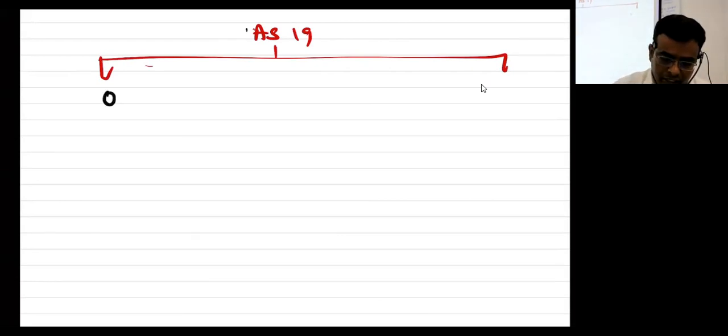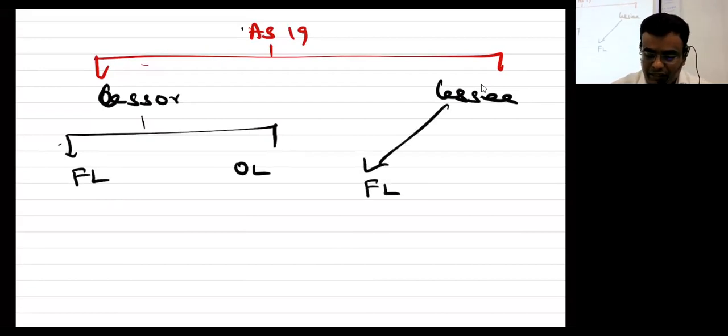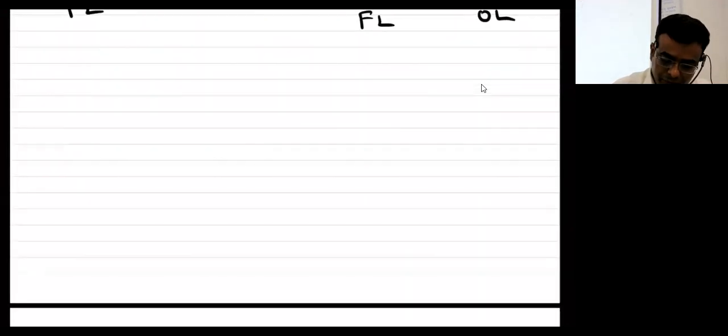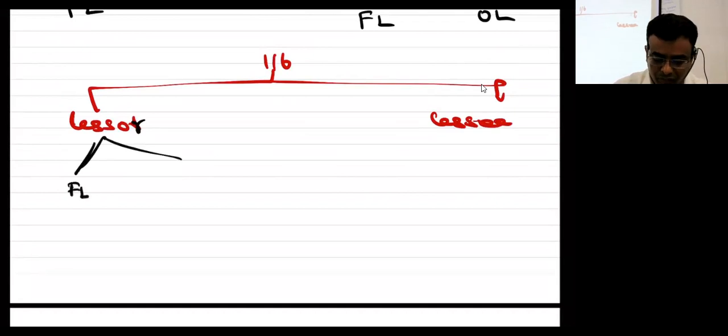Now, there are two different parties. One is called lessor, another is called lessee. Under lessor, you would have identified finance lease, operating lease. Yes or no? Lessee, finance lease, operating lease. Clear, not clear? But when I come to Ind AS number 116, same, two parties are there. One is called lessor, another is called lessee. How many types were there in the books of lessor? Two types of lease. One is called finance lease, another is called operating lease.